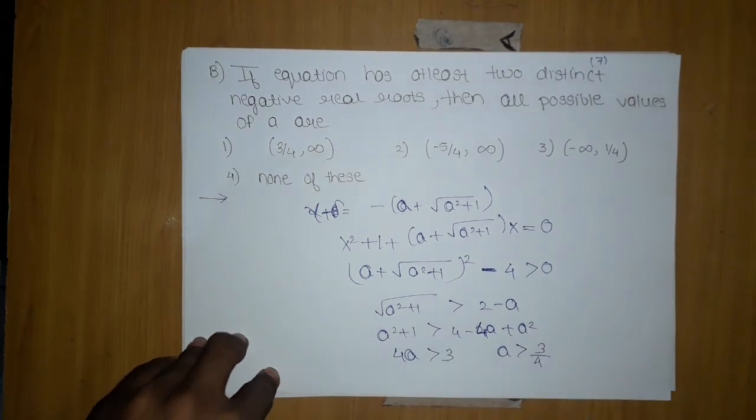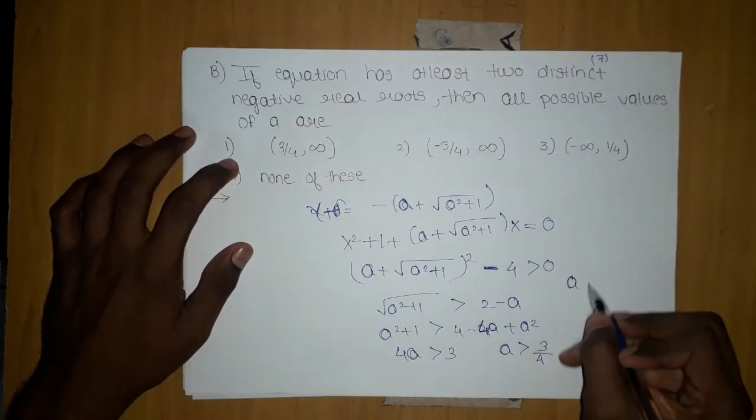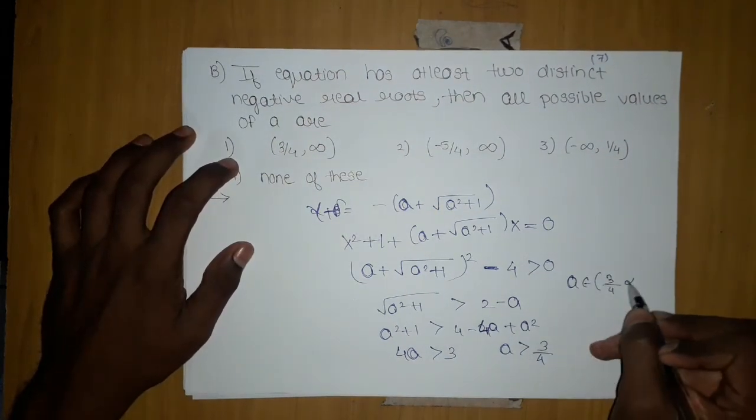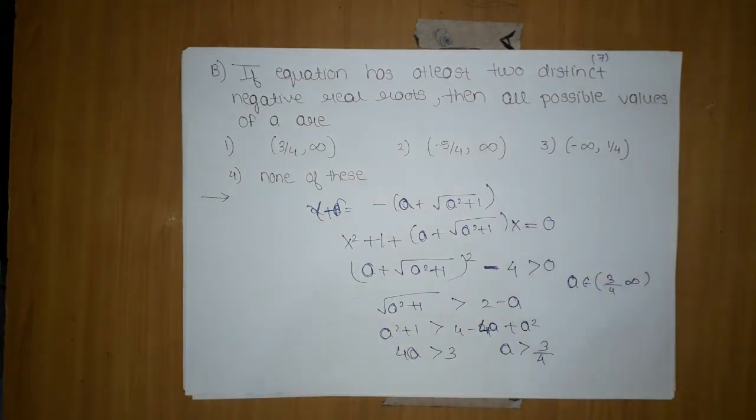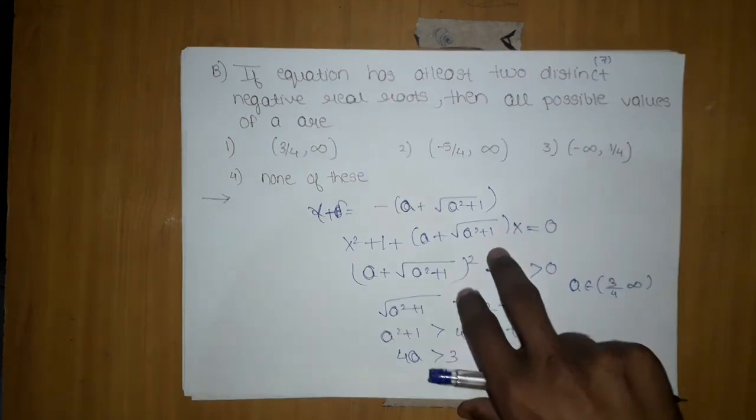We should not have done this again, but from here we are getting 3 by 4 to infinity. Although if you're smart enough, you can just say that it will be just the reverse, because from the sum of the roots you can say it is just that, so it can save your time. But we have done it twice, so you have got the complete idea of what to do for negative and positive roots in such problems.